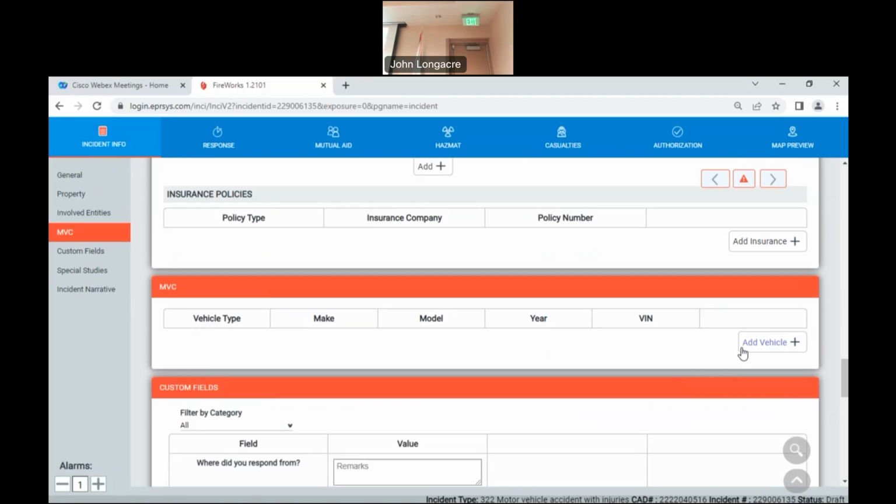So our guys have gotten to the habit, if they're running a wreck and they're running a motor vehicle crash, somebody grabs the iPad and their whole job is to have the incident open. They grab the first driver's license, take a picture with the driver's license camera. They go to the next person, hit add, take their picture, go to the next person, hit add, take their picture, and in a couple of minutes, you've got all of the people listed in the report,